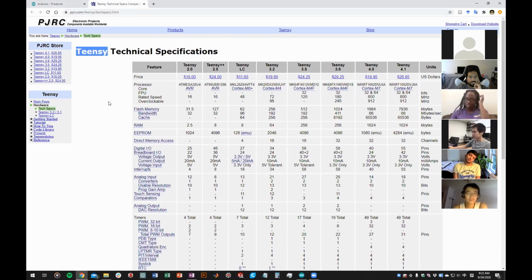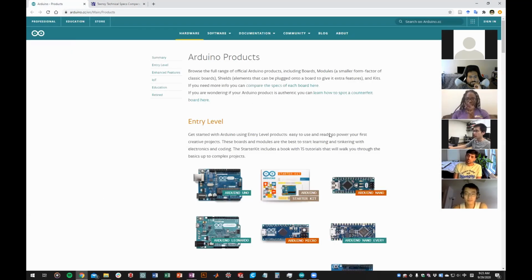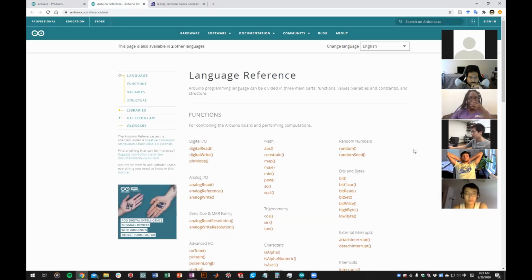But Teensy is a third-party Arduino compatible board. So at the very core, it uses the Arduino library. I'm pretty sure that everybody